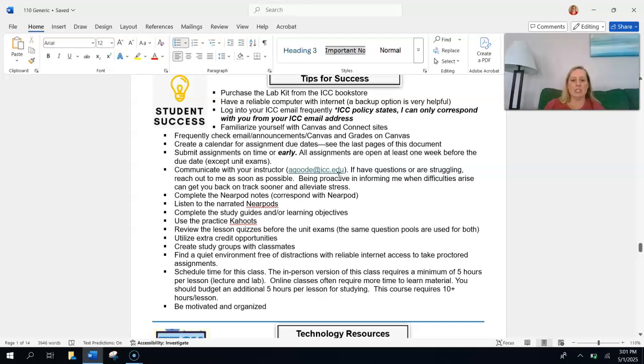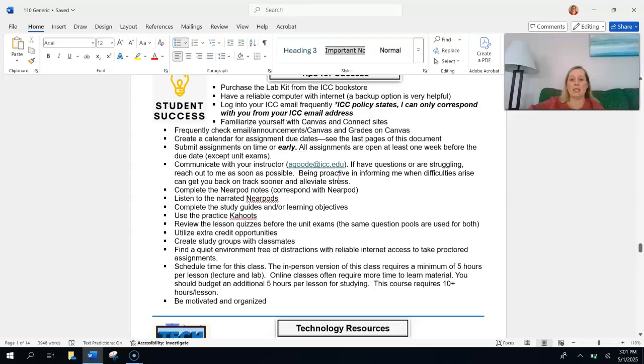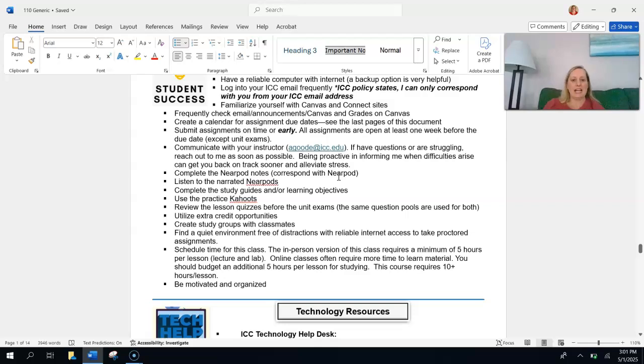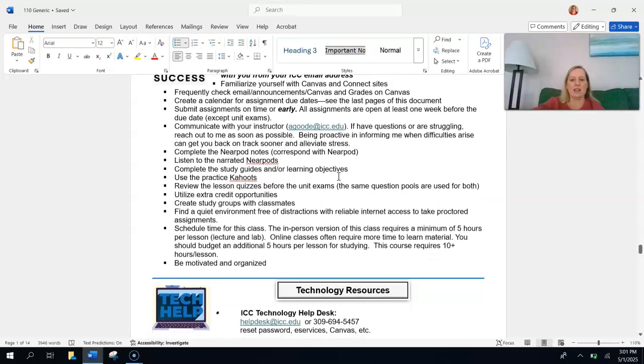Have reliable materials, meaning internet and a computer. Have a backup plan. So if you're like, oh no, my computer's been kind of glitchy lately, then maybe your backup plan is your brother's computer, whatever that is. Familiarize yourself with the Canvas and Connect sites. Check your grades often. Check email often. Check Canvas often. Make a calendar, which we'll look at at the end of this, so that you know